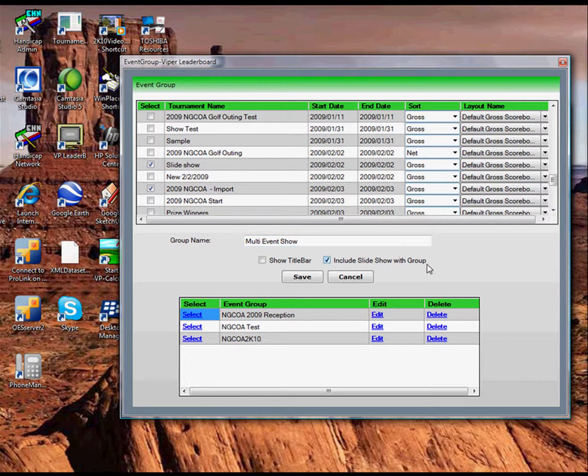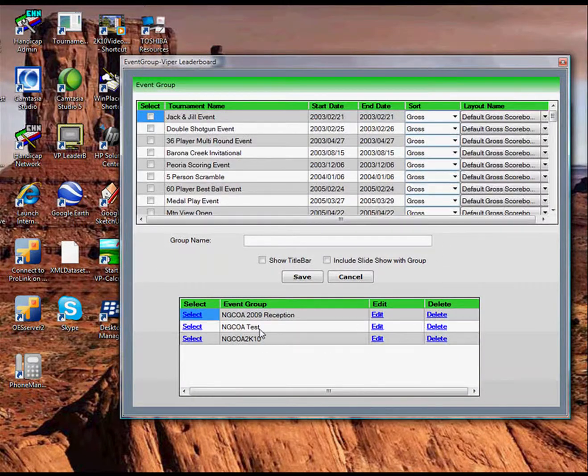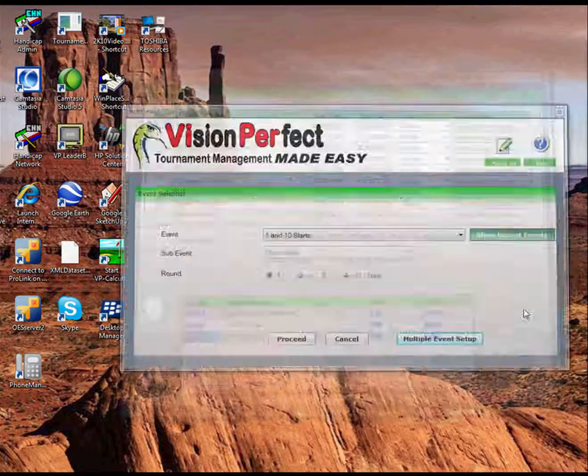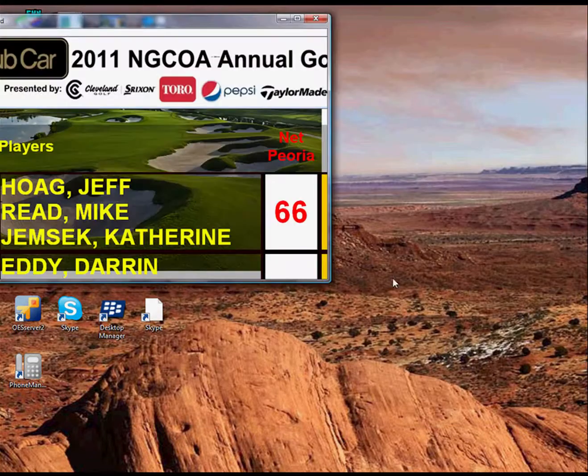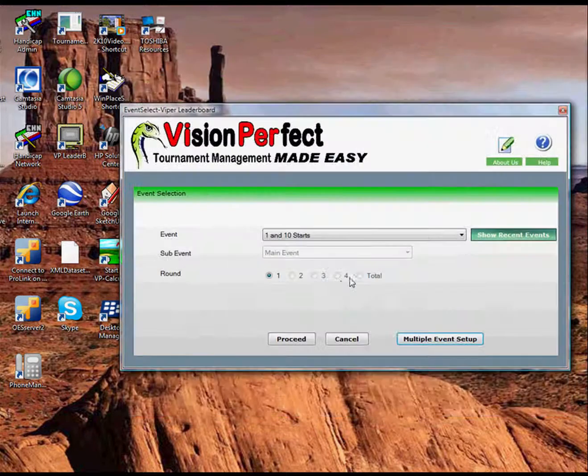And if you are only doing a single event, then you would just choose your single event that you're going to display, and for your single event, again, set the sort options and the layout that's going to be used for that event, and then check the include in the slideshow and save that, which will put it in your group event list. So even though it's only a single event, it's got the slideshow added to it. It's part of the group events. To run a group events, you just select the group event